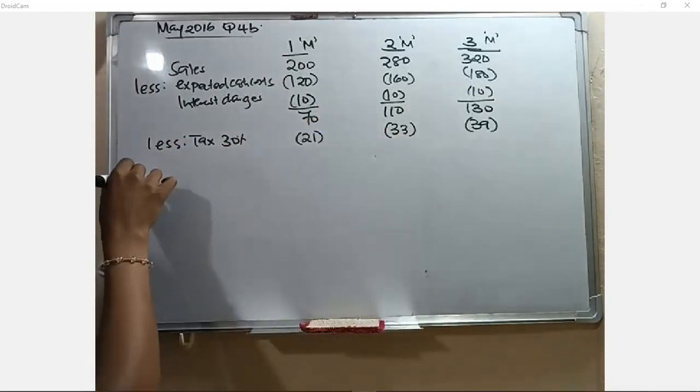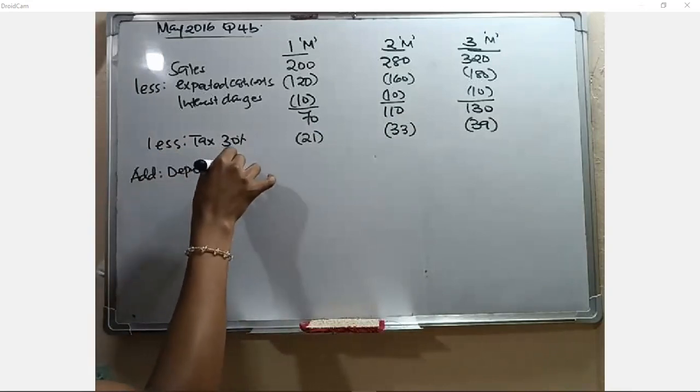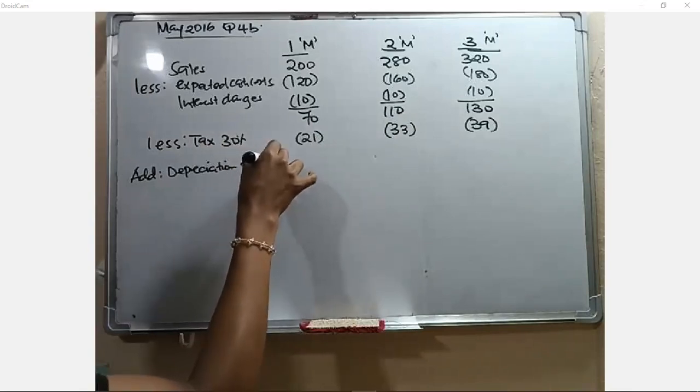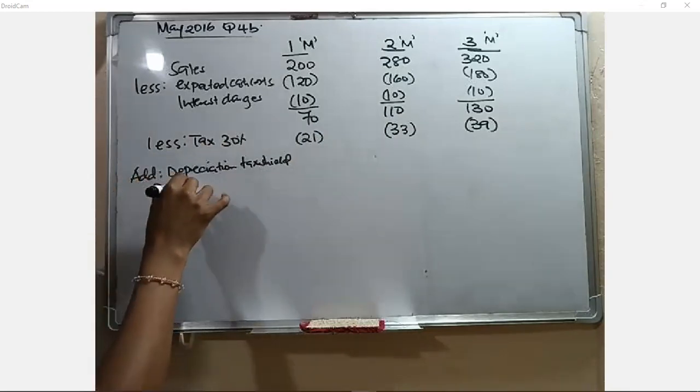Then we add our depreciation tax shields. We had our depreciation tax shields, right? Now in this aspect, when I look at it there, we have the cost of each project for the first year. I can see we have 20, 30, and 40. Let me see, because we are being told it is per year. So the first one will be 20,000 minus 0.